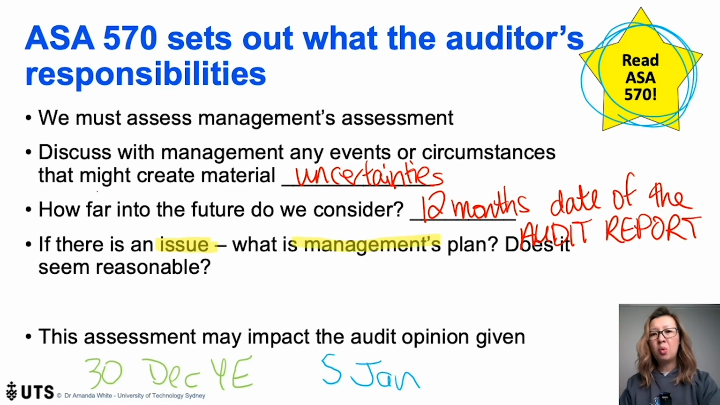Now, if there is an issue, like most firms will have right now with COVID-19, we ask, what is management's plan? Does it seem reasonable? What are the assumptions management are making? If I'm a luxury goods manufacturer making fancy handbags, and I think I'm going to increase my market share by 200%, that's not really reasonable. If I was a phone manufacturer and I said, people aren't buying as many new phones, but we're going to put money into marketing, and that's going to grow our market share from 2% to 20% in a year,